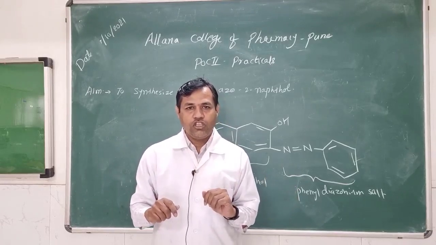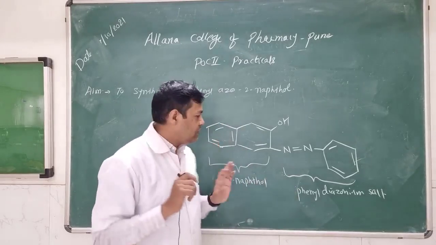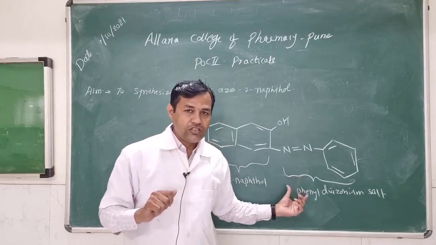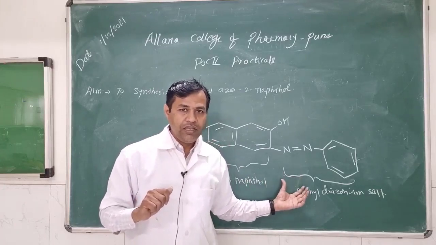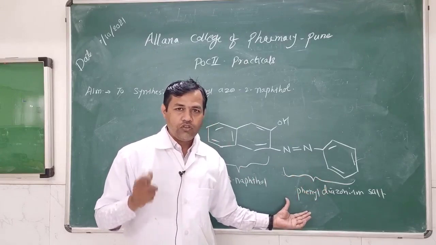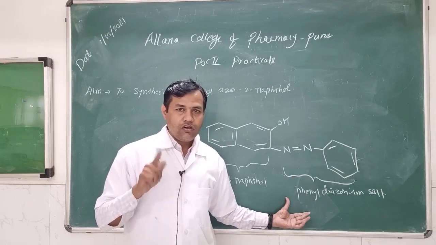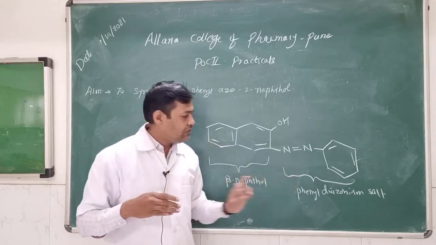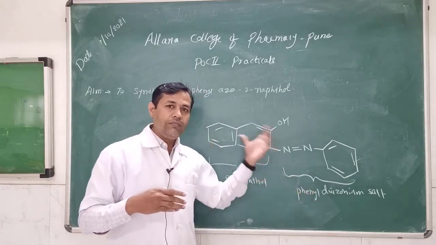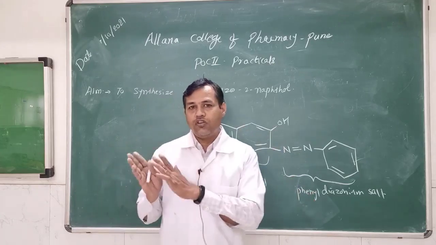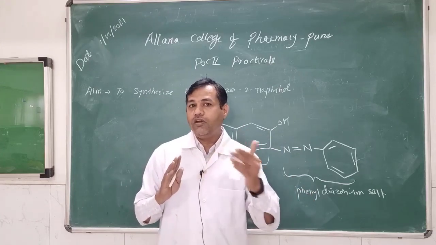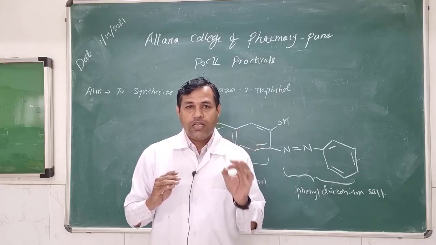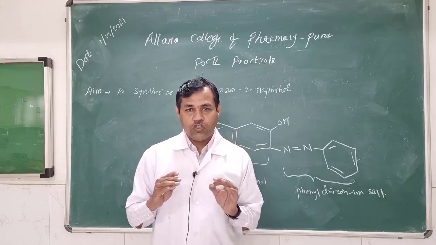acid for this synthesis. And here you can see carefully that two types of reactions are involved. One is diazotization, that is our step 1. So we will be preparing this phenyl diazonium salt by using aniline, NaNO2 and concentrated hydrochloric acid. And second, it is also a coupling reaction, meaning we couple the phenyl diazonium salt with the beta-naphthol. So we need another solution, beta-naphthol. Beta-naphthol is in solid form, so we will be dissolving beta-naphthol in 10% sodium hydroxide solution.